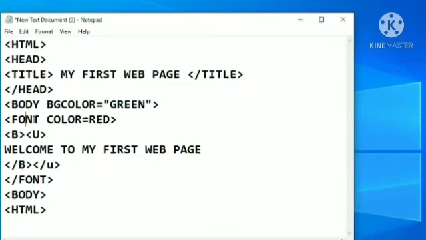For that, the HTML code is: opening HTML tag, opening head tag, opening title tag, My First Web Page, then close the title tag, also close the head tag. Then open the body tag, BGCOLOR equal to green, and next, opening font color equal to red. Then write Welcome to my web page. Then close the font tag and body tag, also close the HTML tag.